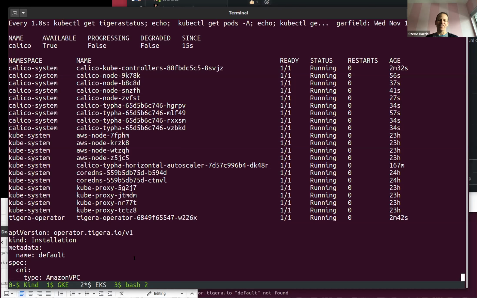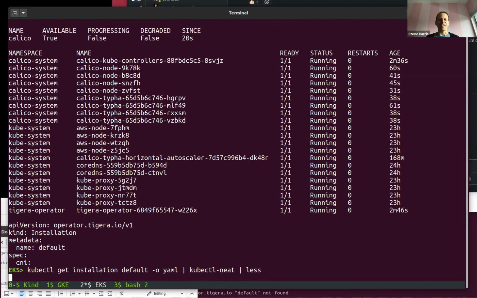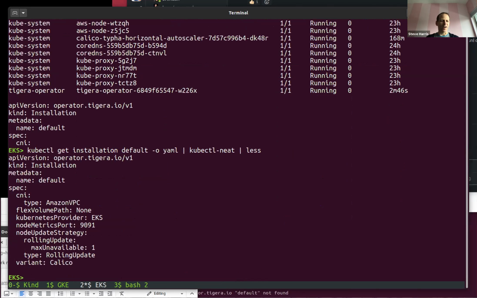Looking at the installation object, we can see just the tip of it down there. It looks like it has a whole bunch of settings that we're used to either putting into the Calico node config map, or putting into the various environment variables in Calico node. Are you aiming to be able to represent all of those configuration options that Felix understands here in this custom object?